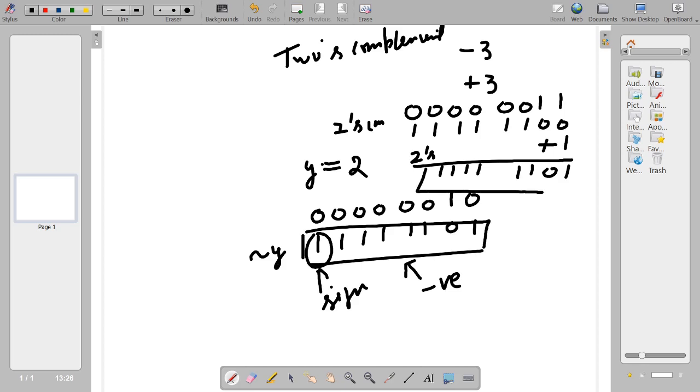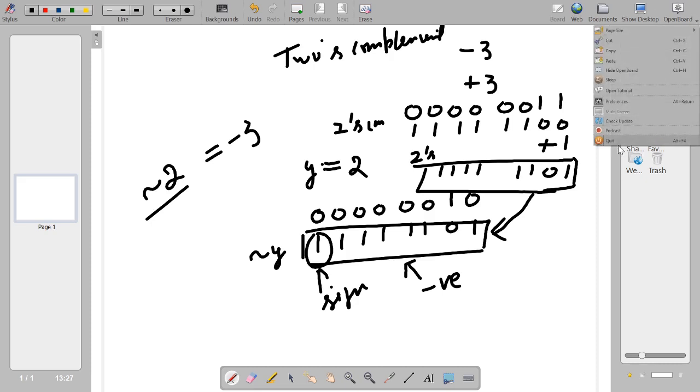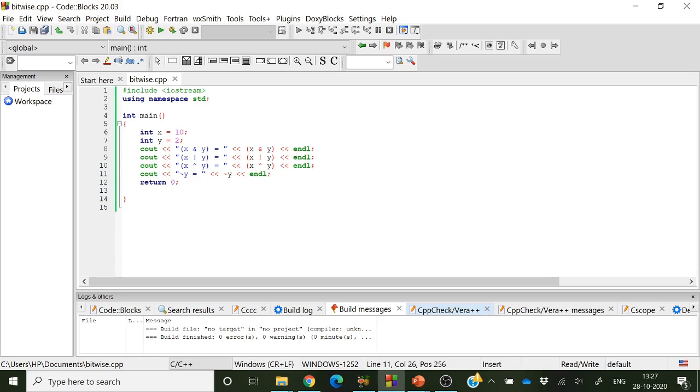Now can you see that this representation of minus 3 is the same as the representation of y complement, right? So now you can understand that the output of the complement of 2 is equal to minus 3. I hope now you understand why the result of y complement, that is 2 complement, is minus 3. Now we move on to our next